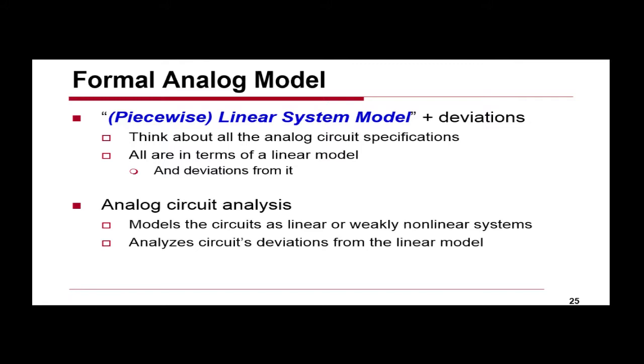OK, so if we want to make a model, we want the model to exploit the fundamental feature of the system. So in digital, what we say is we forget about the fact that there are transition regions. We say the fundamental point about a digital system is that it is discrete. So we model it as completely discrete. The fundamental thing about an analog surface is that it's smooth. So we're going to think about modeling that smooth surface as a piecewise linear system, because any smooth surface can be modeled by piecewise linear. Okay?